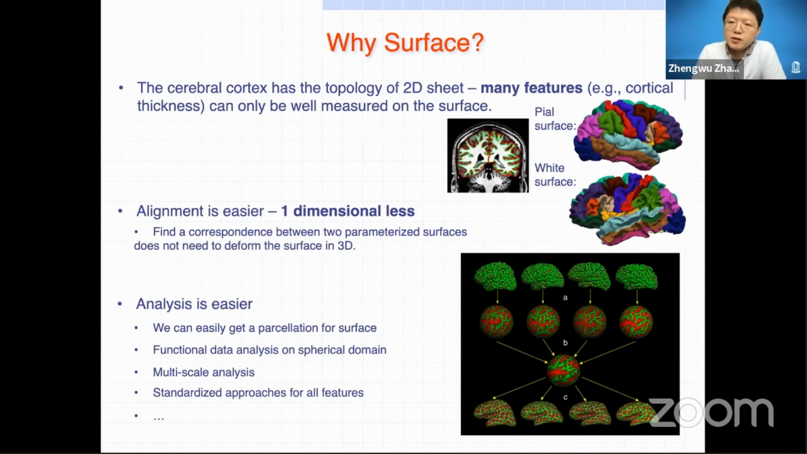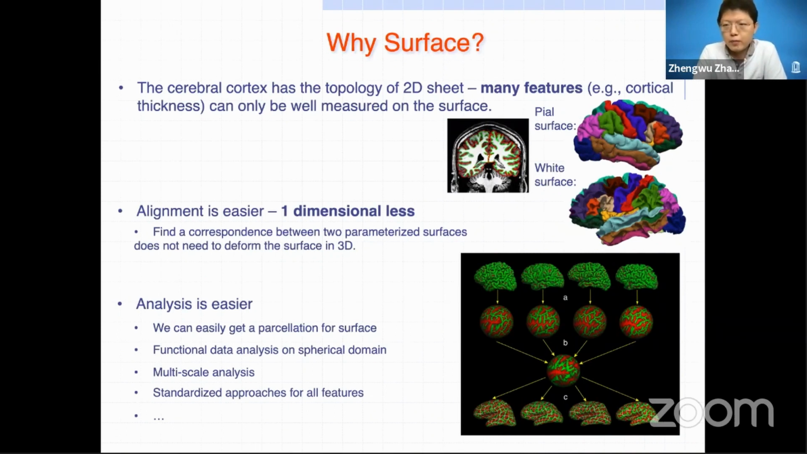Also, analysis is much easier. Here you have a nice domain, which is a spherical domain. We're developing frameworks for projecting all sorts of data, including diffusion measures like FA and MD, and PET measurements, and cortical thickness and other kinds of topological measurements, all onto the surface. And once you have that, including the connectivity, in the same domain, you can develop standardized